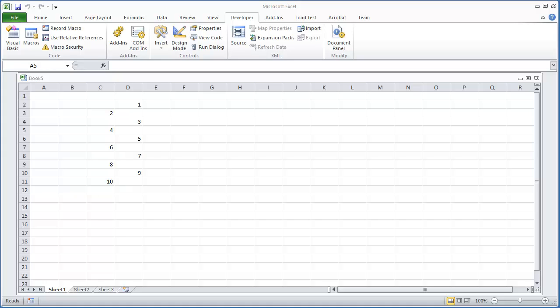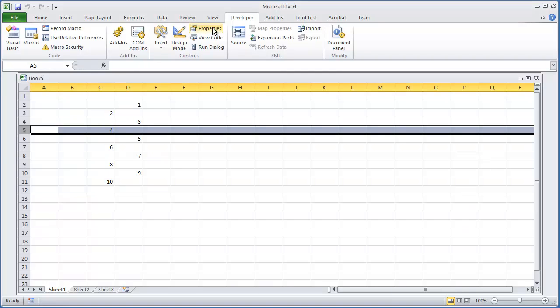Now that you have learned how to save a macro-enabled workbook and record macros, the next thing that we need to do is understand how to open up a workbook that has macros in them. So what we need to do is first understand macro security. As we noticed already in the Developer tab, we have a little yellow triangle exclamation mark here that says macro